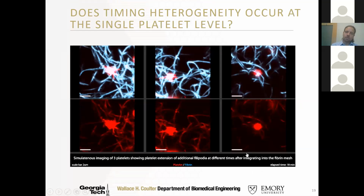Now this video showed us what's happening in bulk, but what we don't know is what's happening at the individual platelet level. Now this video, I will admit, is a little hard to find. So what I'd like to do is draw your attention to the filopodia. These are 3 platelets that were in the same frame, imaged at the same time, so that